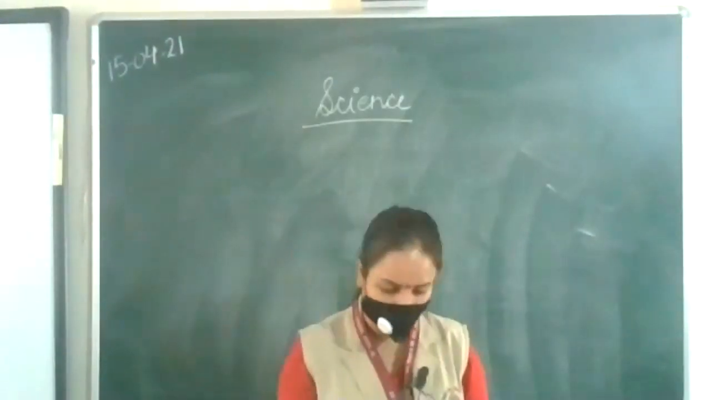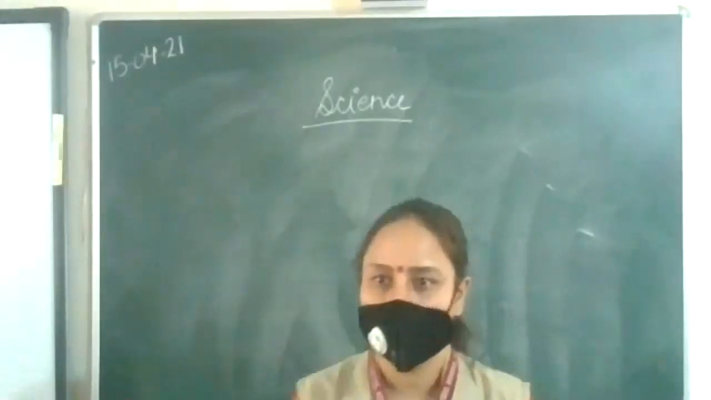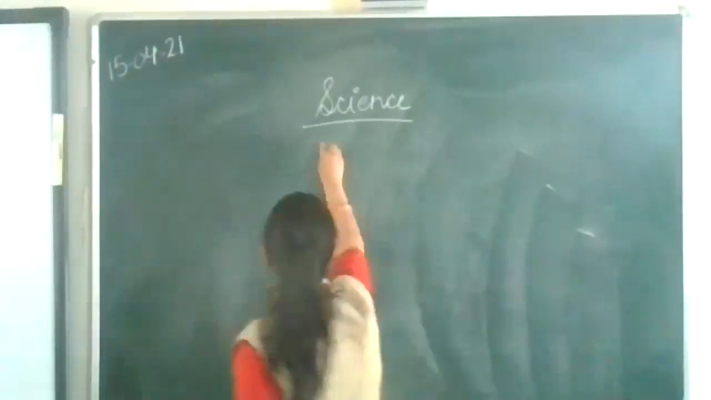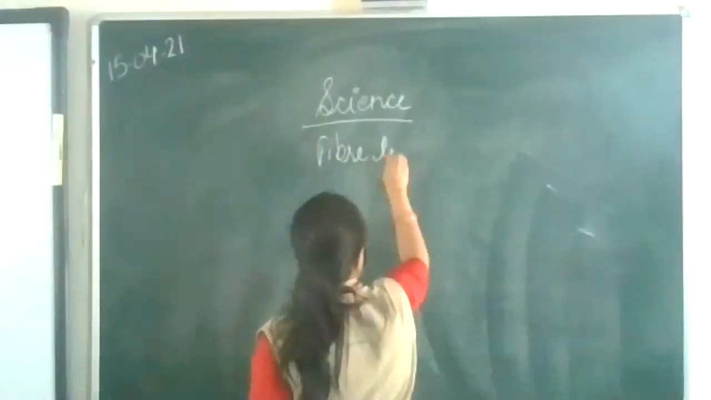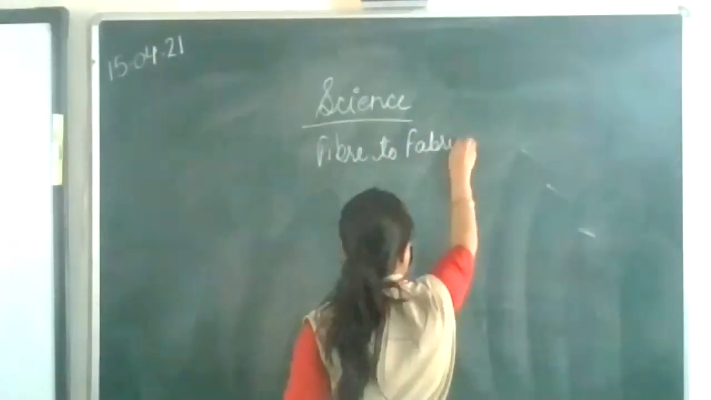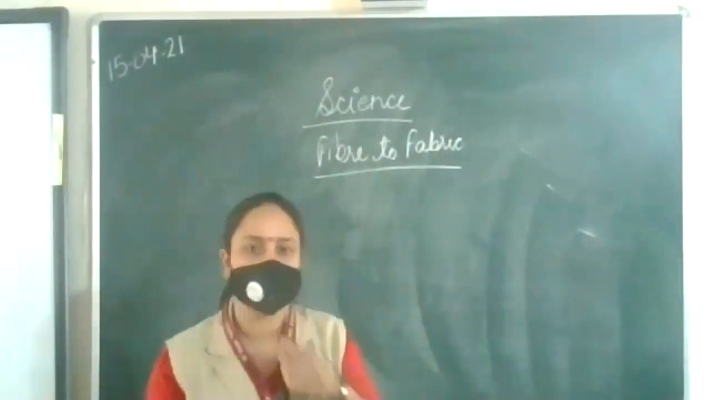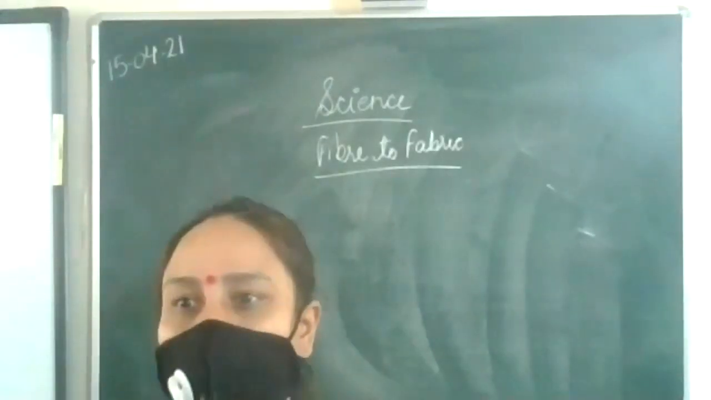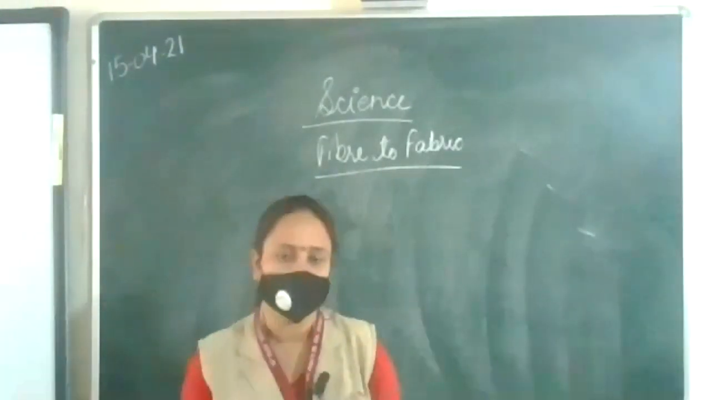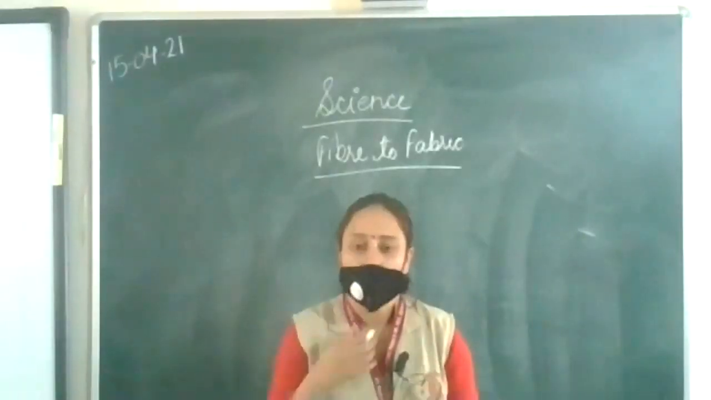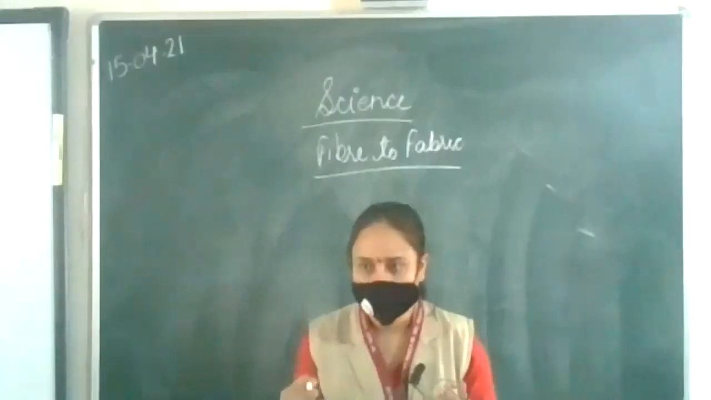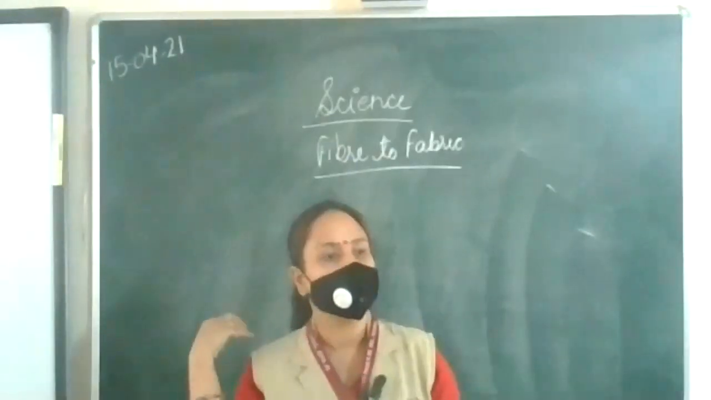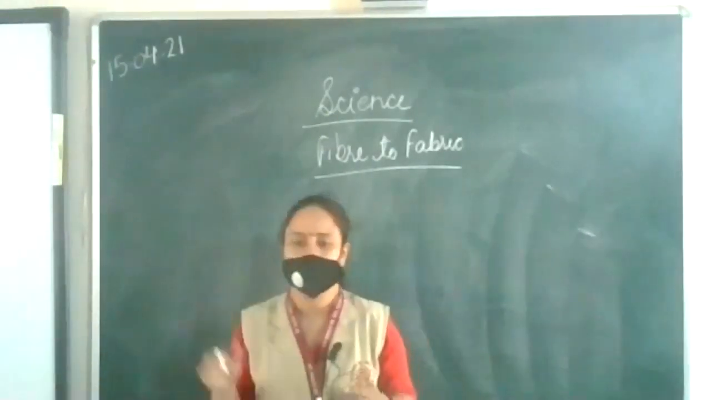In the earlier class we discussed food, and now we will discuss a new topic. The name of the topic is fiber to fabric. Okay, so here beta, in this chapter we discuss how we get our clothes. What material is required for the clothes, how do we get that material, all of it will be covered